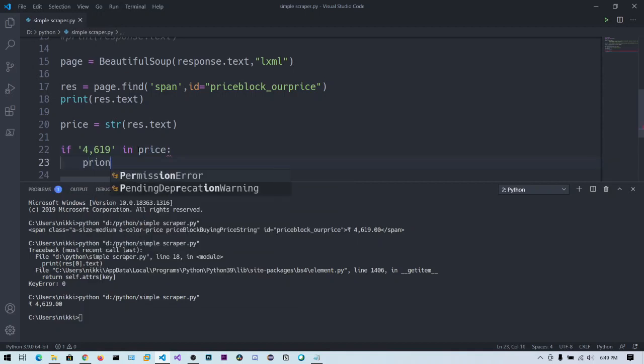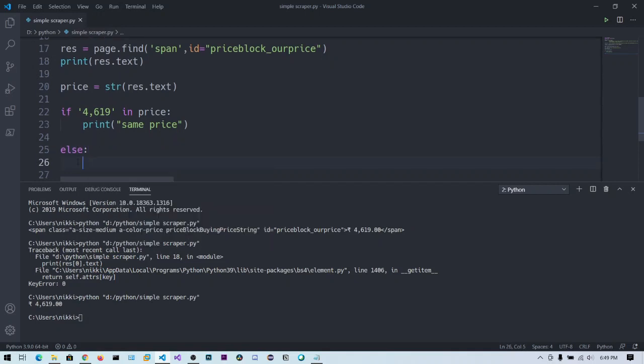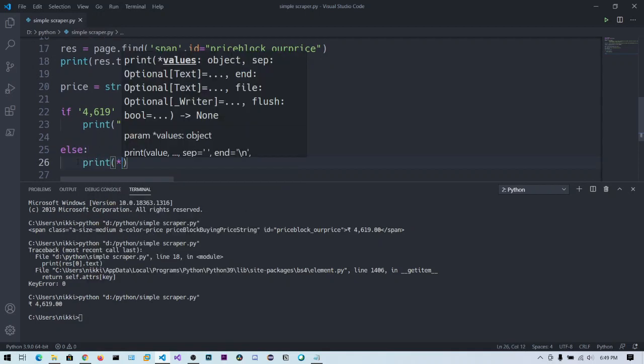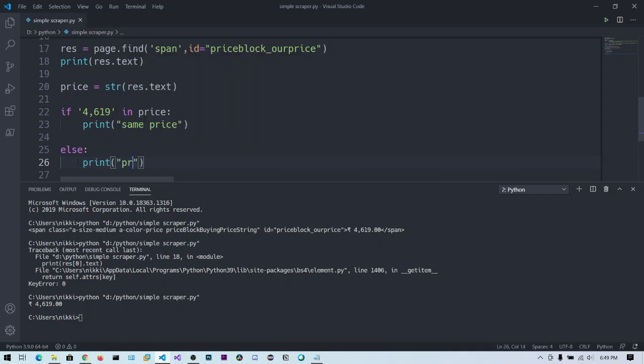Let's just print same price. If there is no 4619 in this price, then we can say the price has been increased or decreased. Let's print decreased or price change.